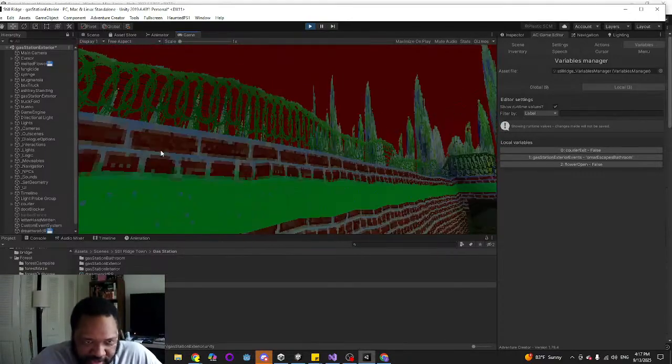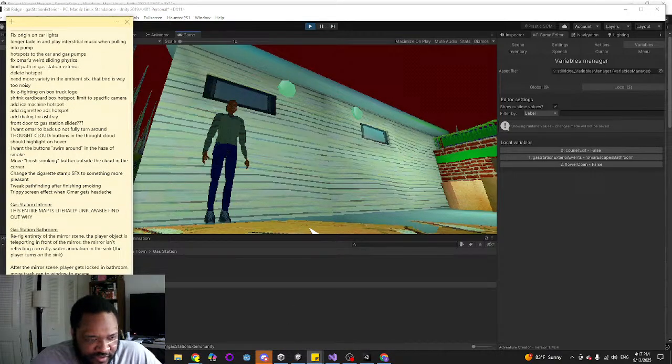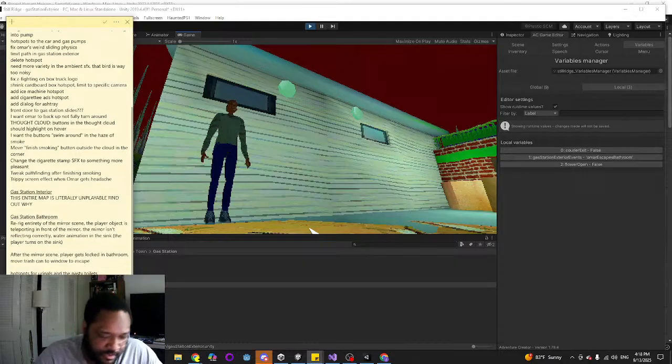The sky is red. You've got barbed wire, vines, and of course the lighter. Normally in the rules of this universe, the lighter only functions when Omar is dreaming. So already I'm gonna add: gas station, exterior, dream world.